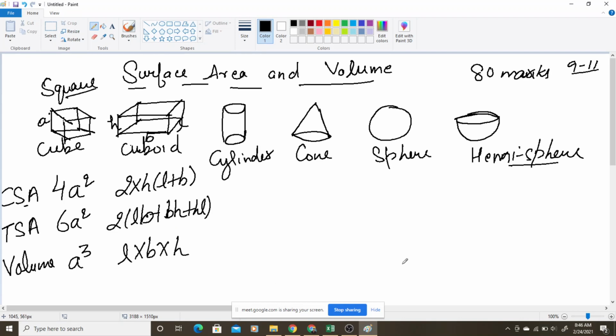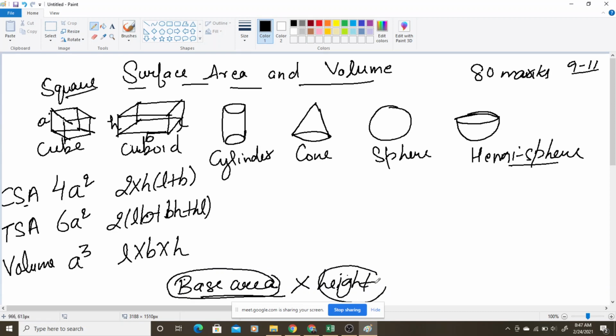एक चीज बहुत अच्छे से ध्यान में रखो, if you are finding the volume of any of the figure, किसी का भी, and just sometime what they will give you is base area. बेस एरिया तुम लोगों को दे देंगे. Okay, they will give you height also, height of a figure. Suppose it is cylinder, it is cuboid, it is cube. They will give you some base area, they will give you some height also. You know that thing. If you will multiply the base area with the height, what you will be getting at that time? You will be getting a volume. उस टाइम पे तुम लोगों को वॉल्यूम मिलता है, if you are multiplying base area with the height.